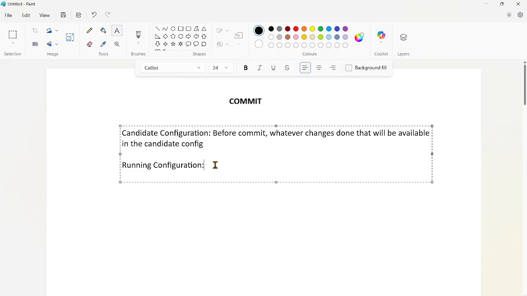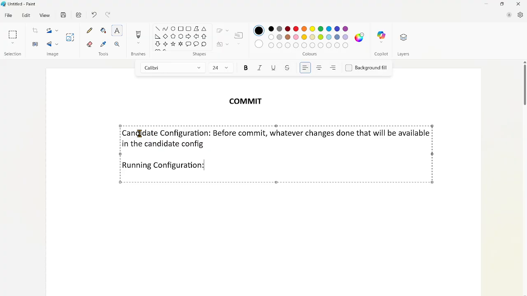Let's take one scenario: Facebook traffic is being blocked for some users, so you have created a policy allowing Facebook for them. Once you make the changes, they will not take effect until the configuration moves from candidate config to running config.